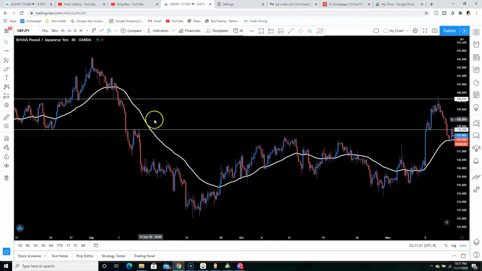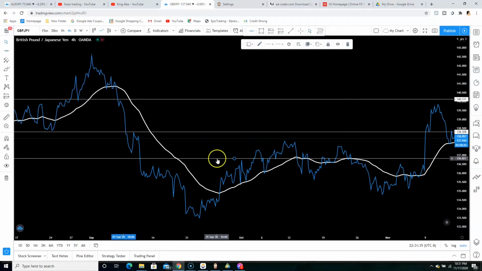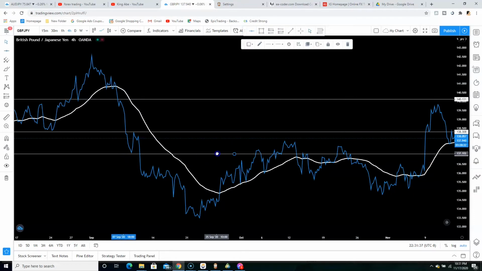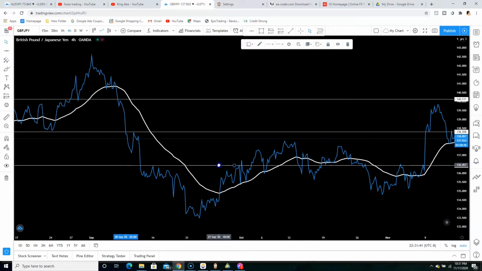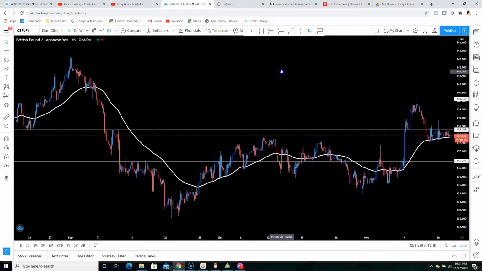Now, if you're following this trade and you're trying to catch more pips, all you got to do is just do the same thing again. You switch back, and you'll see that we actually had another zone right here. We actually had another zone right there. We had another zone right there. So you would have also